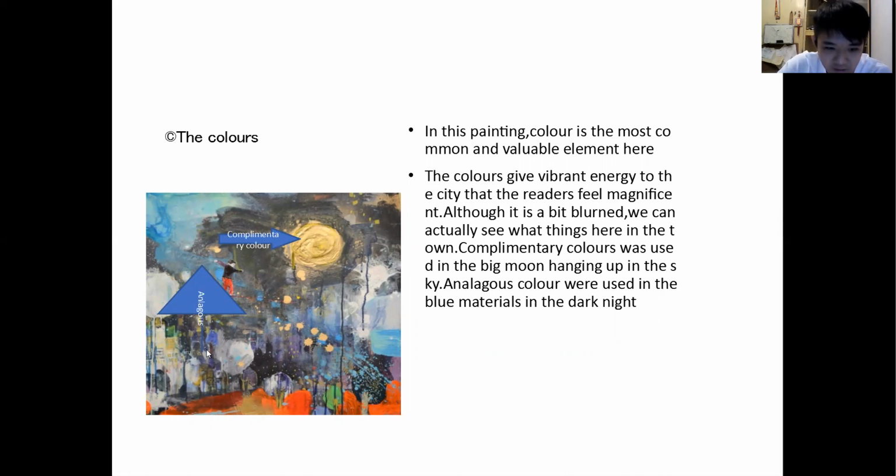Such as, we can also see further away that there are many tall buildings, the commercial center. And there are some anonymous colors used in the blue materials in the dark night, and he spread it